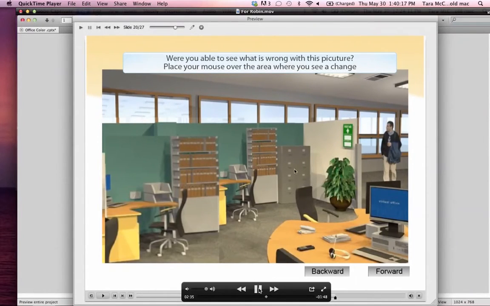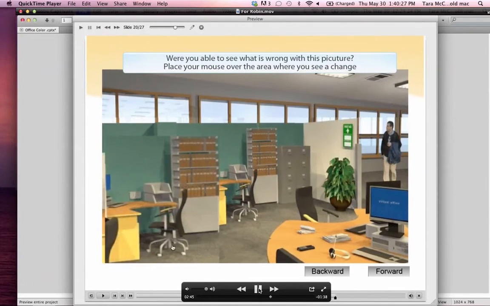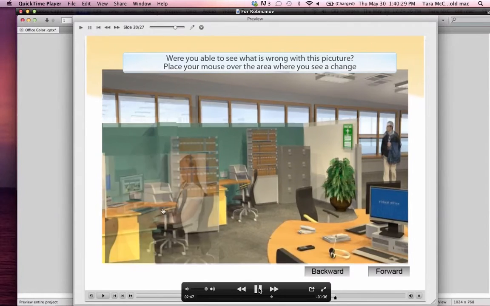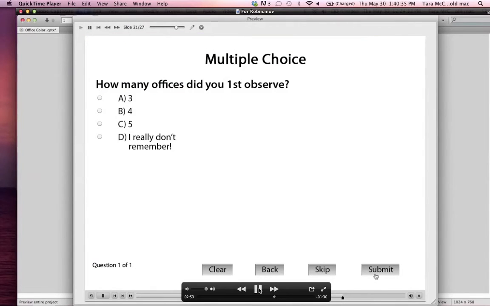Take a look at this picture. Were you able to see what's wrong with this picture? And if you place your mouse over the area, you'll notice that the young woman is listed there. She was hidden before, but she is now listed. So we'll continue to go forward. And there is a little